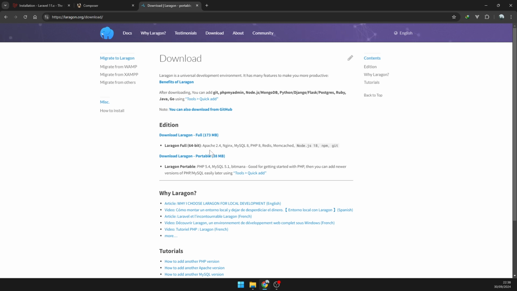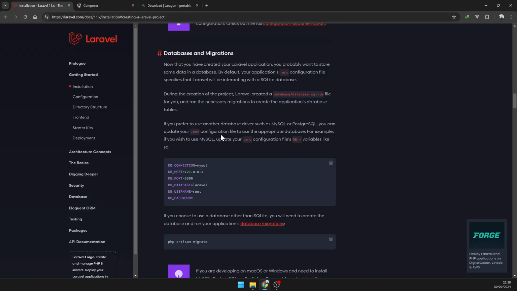Laragon includes Apache 2.4, Nginx, MySQL 8, PHP 8, Redis, Memcached, Node.js, NPM, and Git. So you should download Laragon Full on the website laragon.org/download.